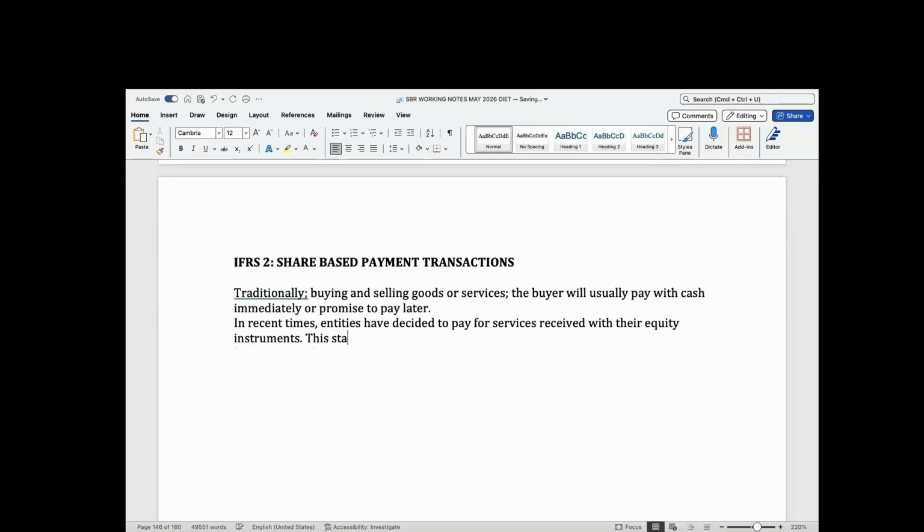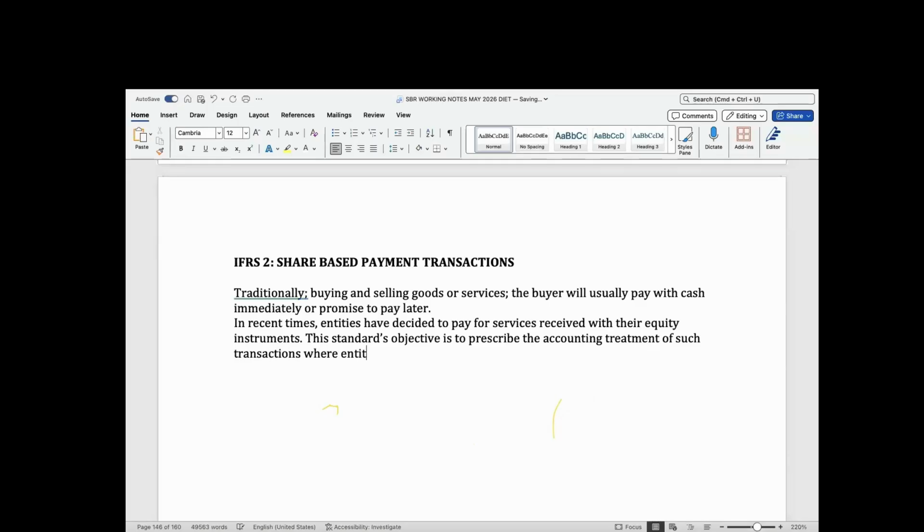So this standard's objective is to prescribe the accounting treatment of such transactions